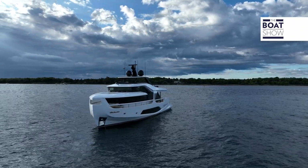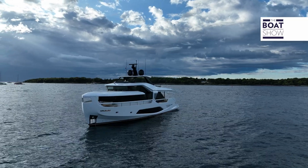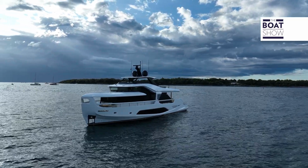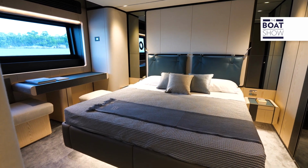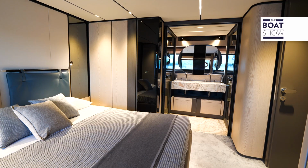All the cabins are on a lower deck. There are 4 of them, each with its dedicated bathroom. The owner's cabin is amidship, and I invite you to observe the amount of space allocated for personal wardrobe in